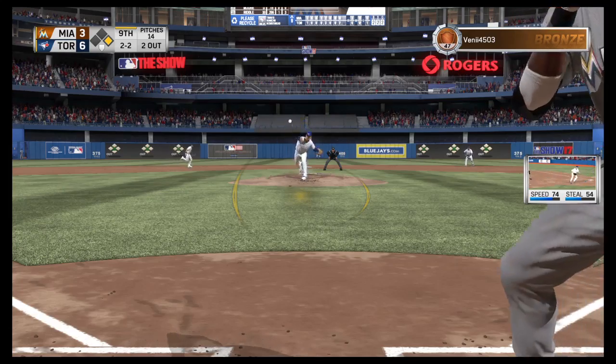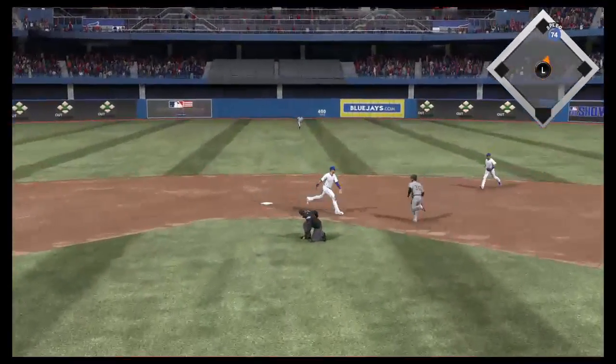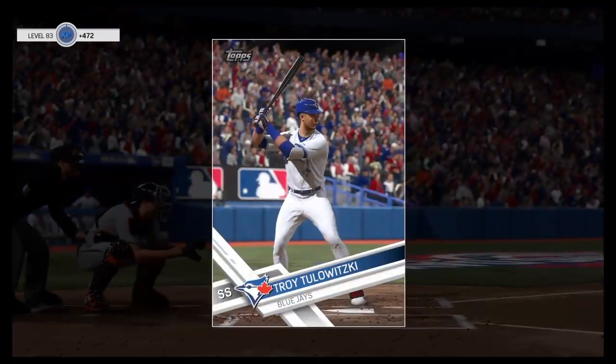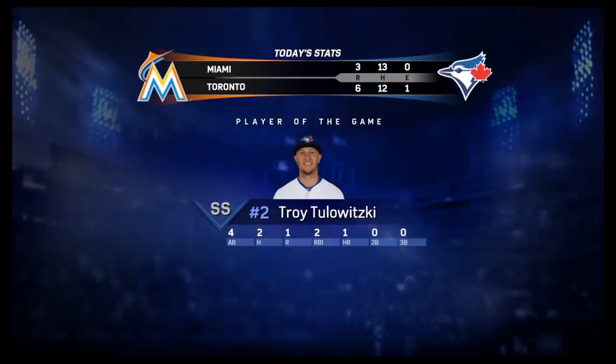Has them down to their final strike. Here it comes. Swing and a line drive. And he'll put this one away, and with that, the ball game is over. And the Jays were led on the offensive side of the scorecard by